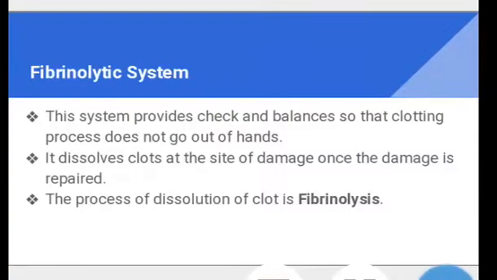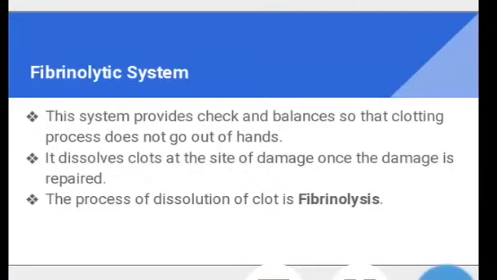This system provides a check and balance so that the clotting process does not get out of hand. It dissolves the clot at the site of damage once the damage is repaired, and this process of dissolution of the clot is known as fibrinolysis. This generally occurs in a healthy person, but if this system fails